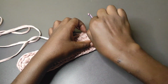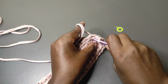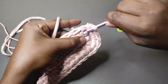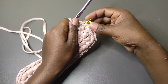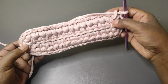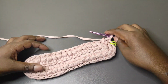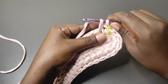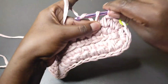We're going to pull out the stitch marker, and into that first stitch we place 2 single crochets. So we're going to have 1 and 2 single crochets, and then we're going to mark our first stitch. This is round 3. Then we're going to work 1 single crochet into every stitch until we get to this point where we have 2 stitches into the same stitch, and that is going to be a total of 13 single crochets, 1 into each of the stitches. So we're going to have 1, 2,